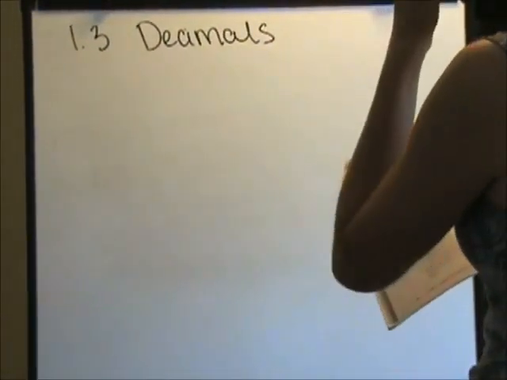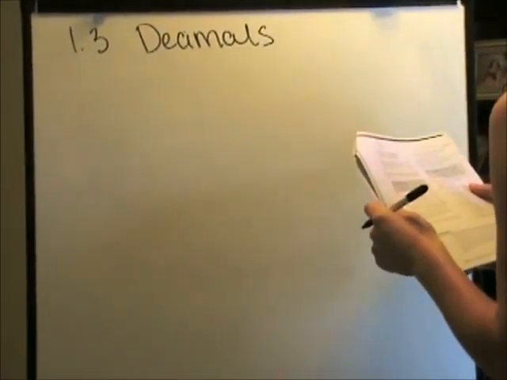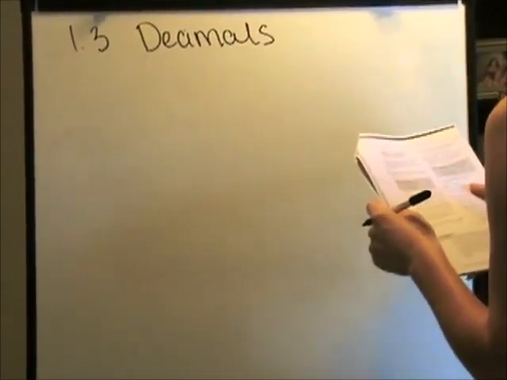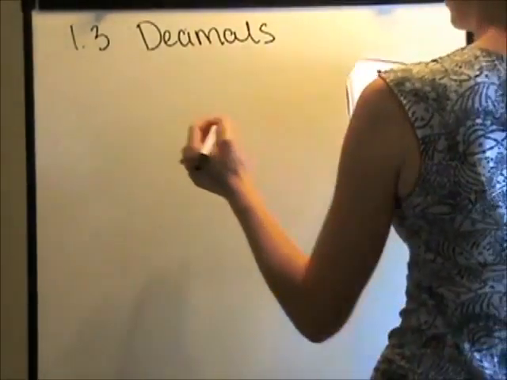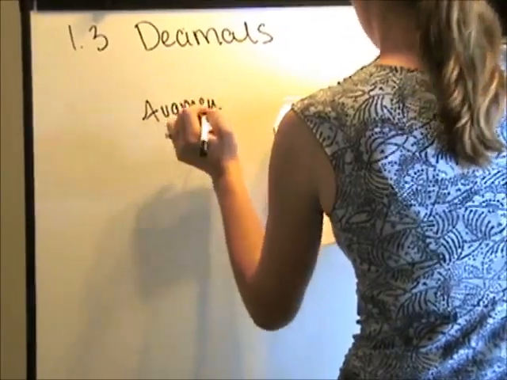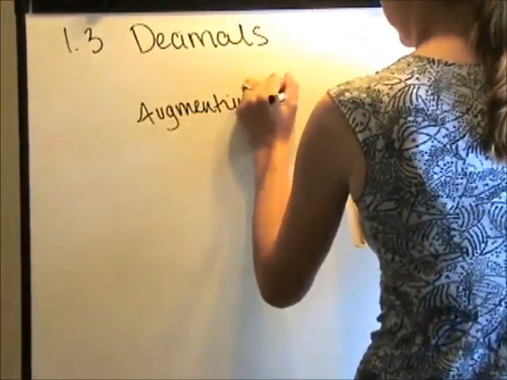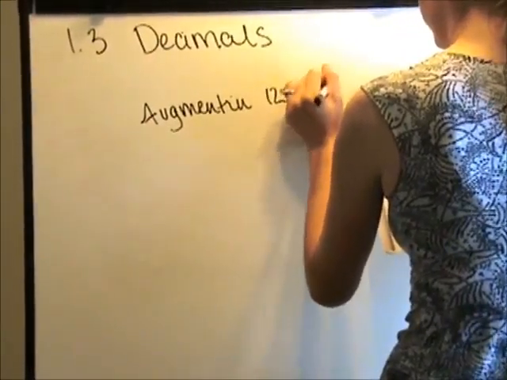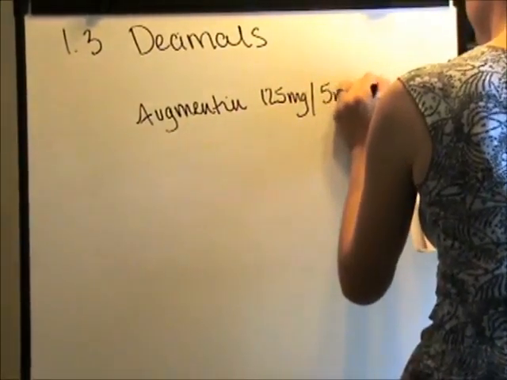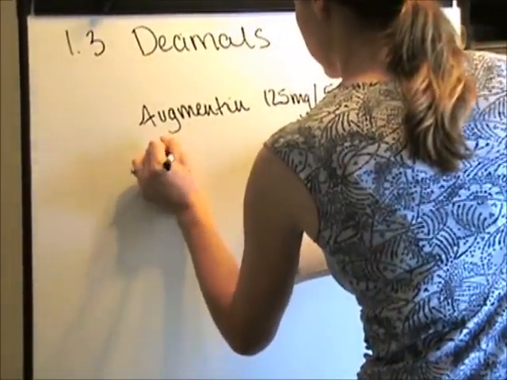Okay, the last one that we'll look at, let's look at number 22. How many milliliters total will need to be dispensed for the following prescription? Augmentin 125 milligrams per 5 ml, and it's a suspension. Okay, they're taking 8.5 ml